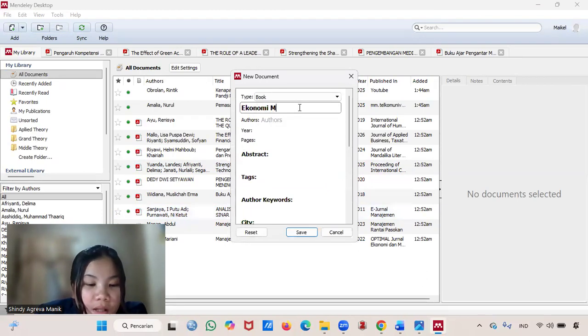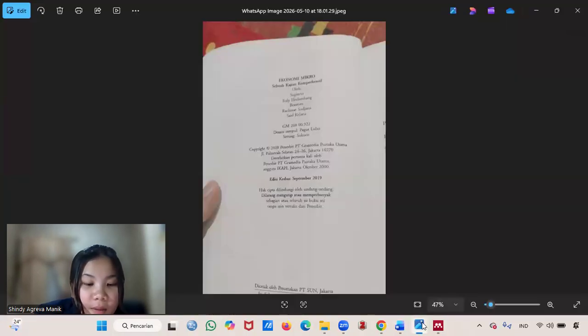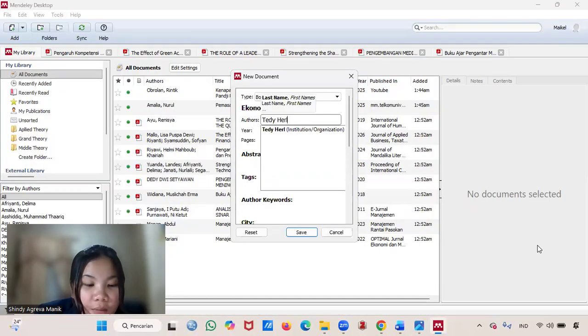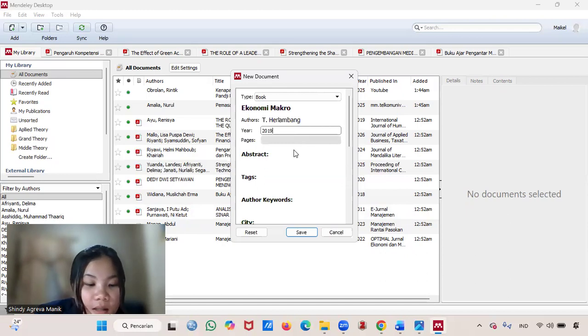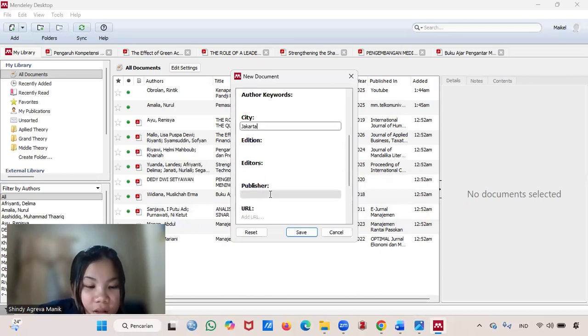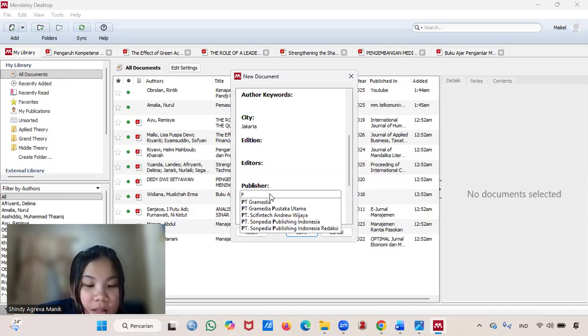We need to manually type in the text from the book's title page. Title: enter the full title of the book. Author: type the author's name. Remember to use the last name, first name format, for example, Cotton, Paper. Year: the year it was published. Publisher: the name of the publishing company. City and edition: for physical books, these two are very important.